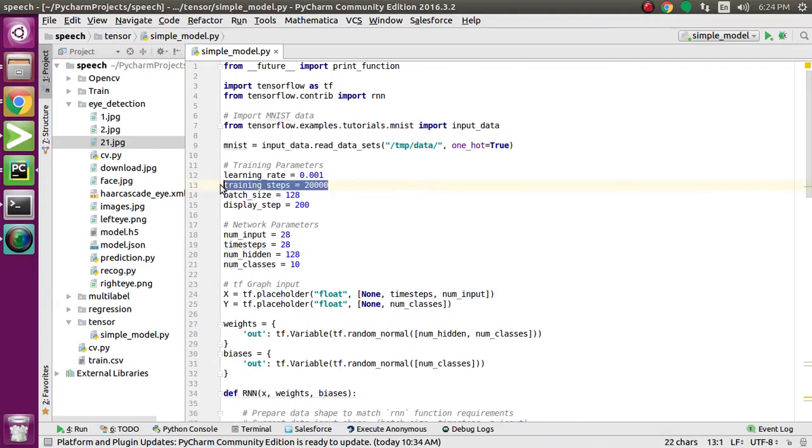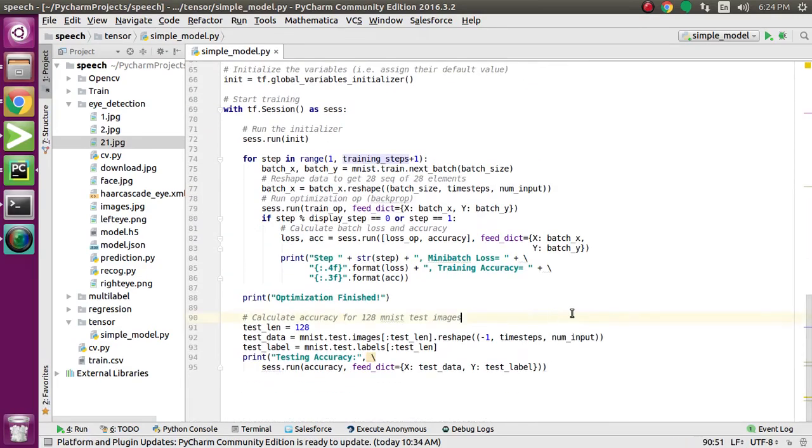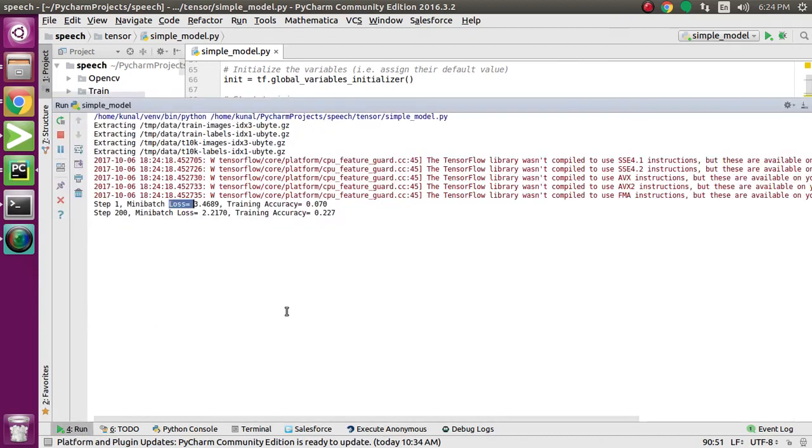It takes time, so wait. As you can see, after 7% the accuracy increases to around 22%, and the loss also decreases from 3.4 to 2.2. As you can see, with each step the loss function is decreasing and accuracy is increasing.